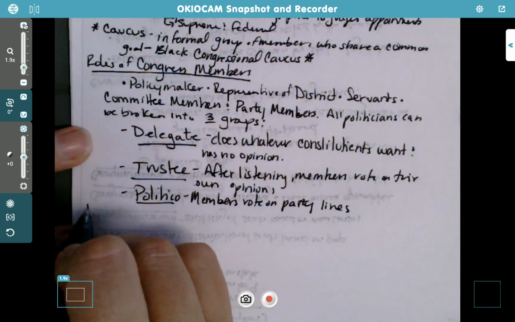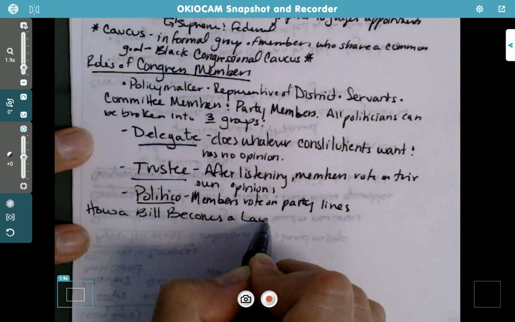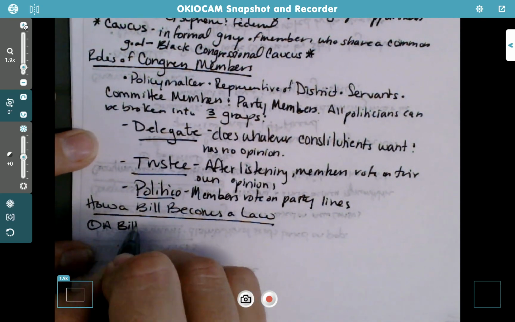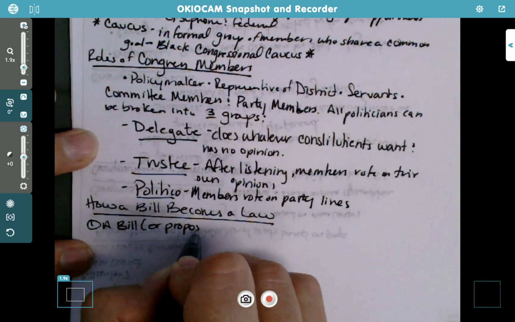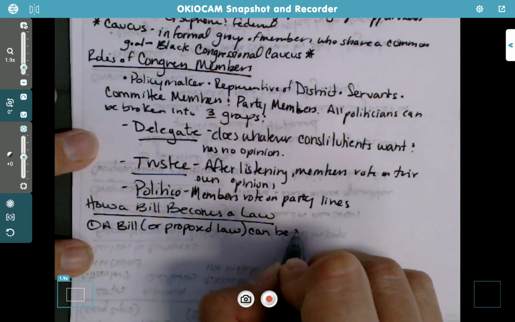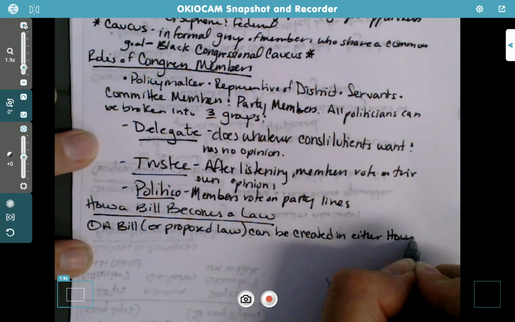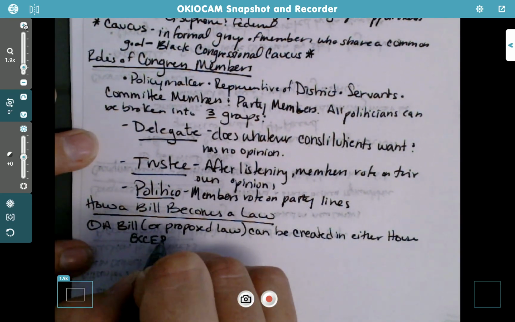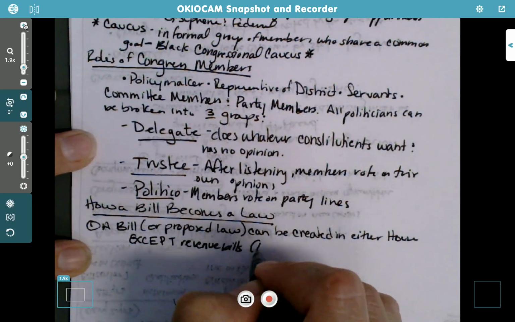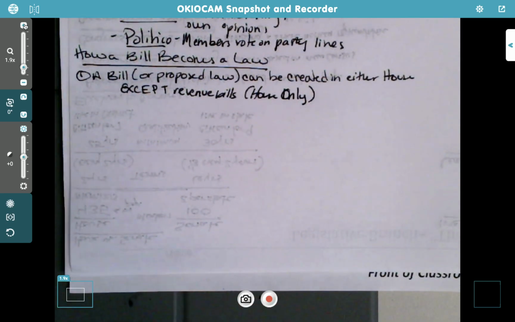Okay, your next heading is how a bill becomes a law. One, a bill (or proposed law) can be created in either house except revenue bills (House only). Two,